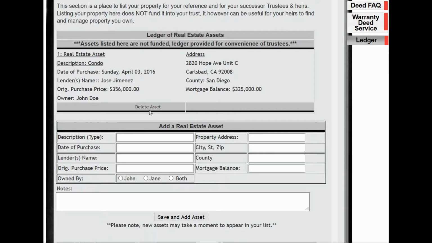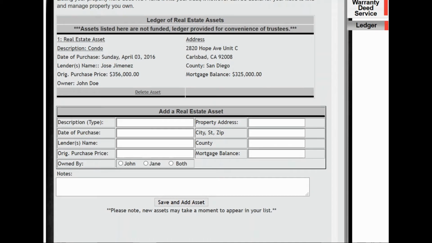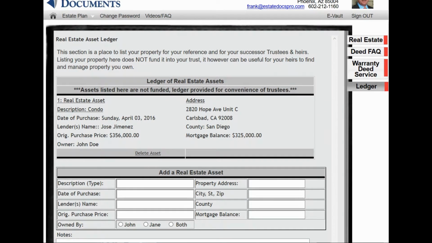I would just simply delete it here. If I purchase something new, I would simply add and delete as I go forward. So now I've added all my property. So we're going to go back